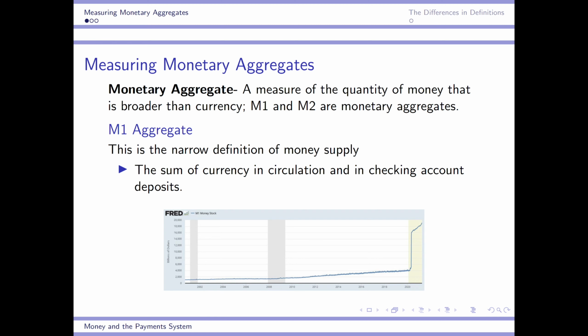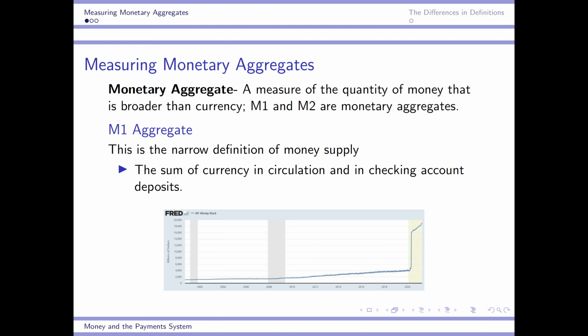A monetary aggregate is just a measure of the quantity that is broader than currency, so your physical bills. And in this case, in the US, we use M1 and M2 as our monetary aggregate measurements. So first with M1. The M1 aggregate is the more narrow definition of money supply that the Fed uses. All that it is, is just the sum of physical currency in circulation and the amount of money in checking account